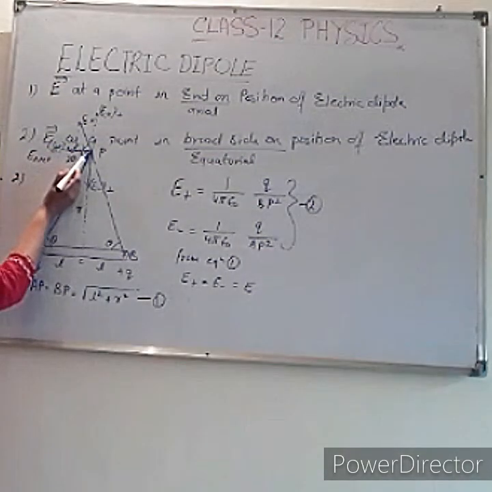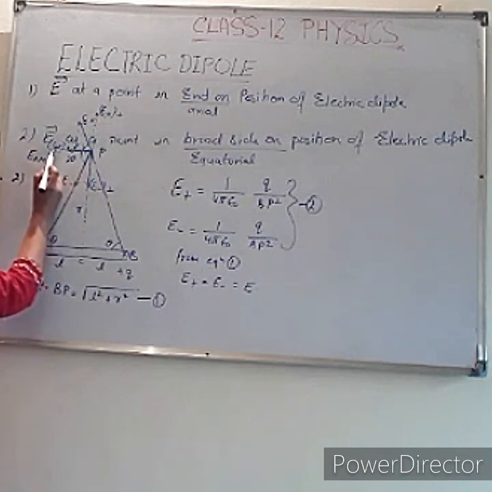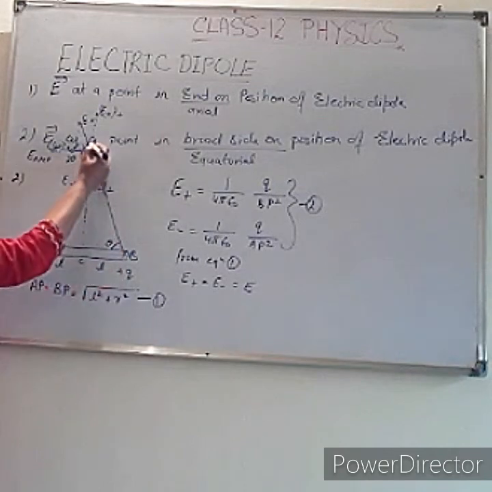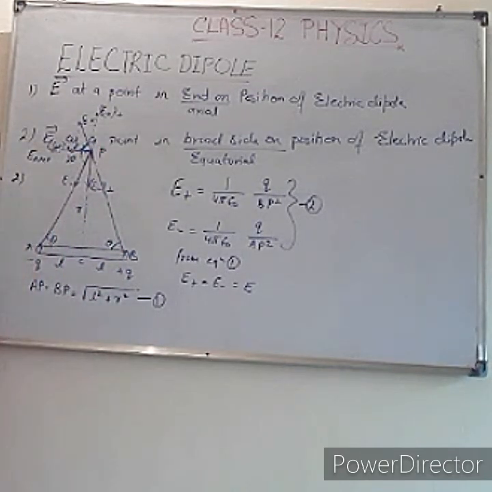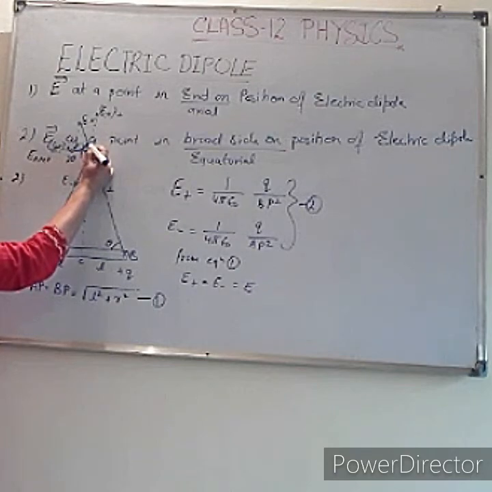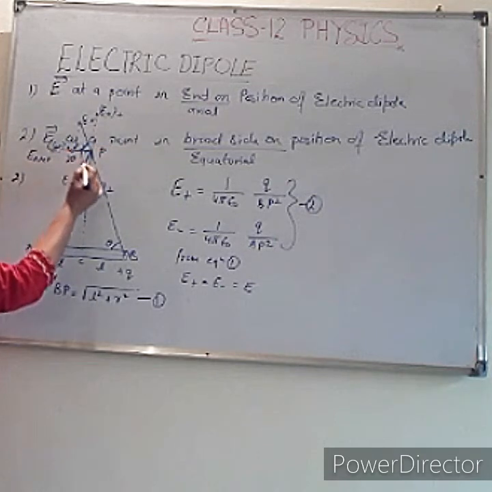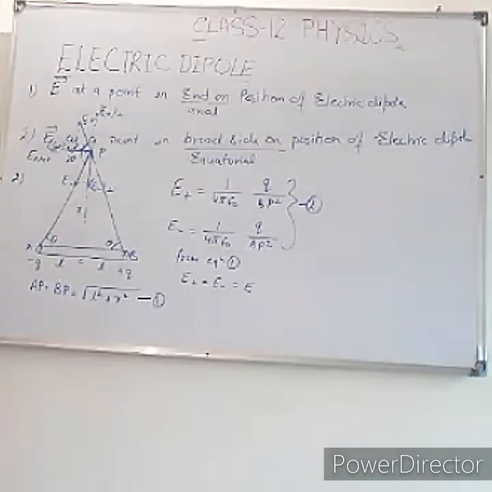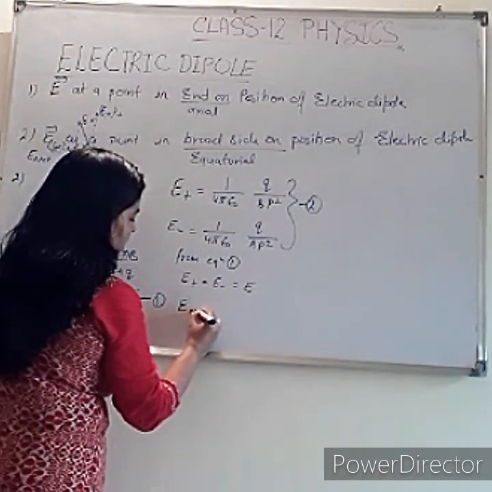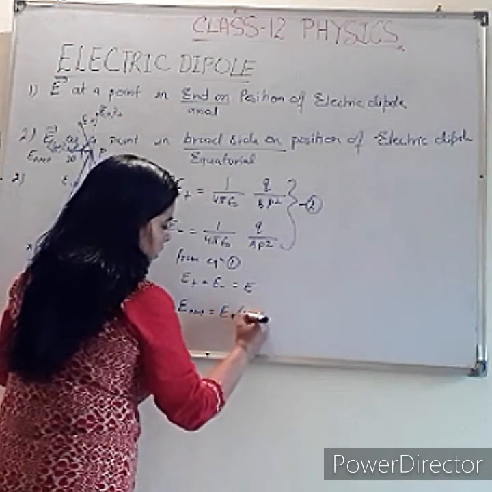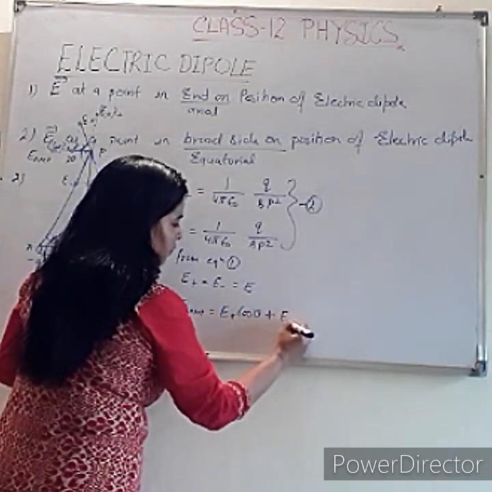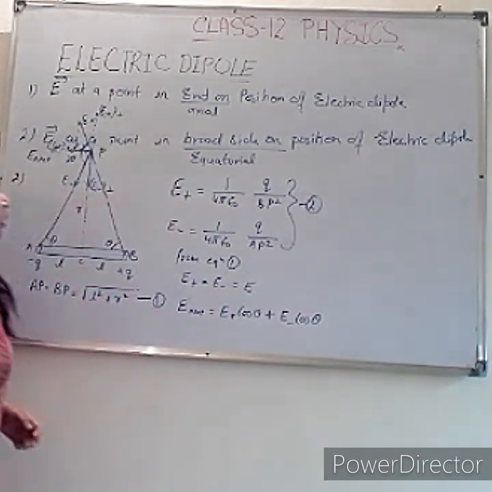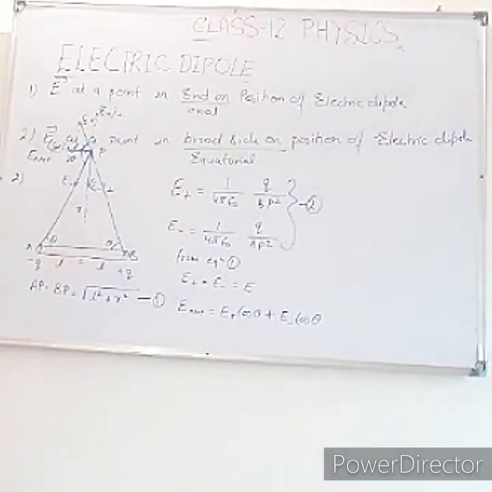Now this one is the parallel value, and you can see this line and this line are parallel to each other. So if this is angle theta, what is the value of this angle? This is also theta. Because it is E plus, the parallel component will be E plus cos theta, and for E minus it will be E minus cos theta. So the net electric field is E net equal to E plus cos theta plus E minus cos theta. And we can easily calculate the value of cos theta from this figure.